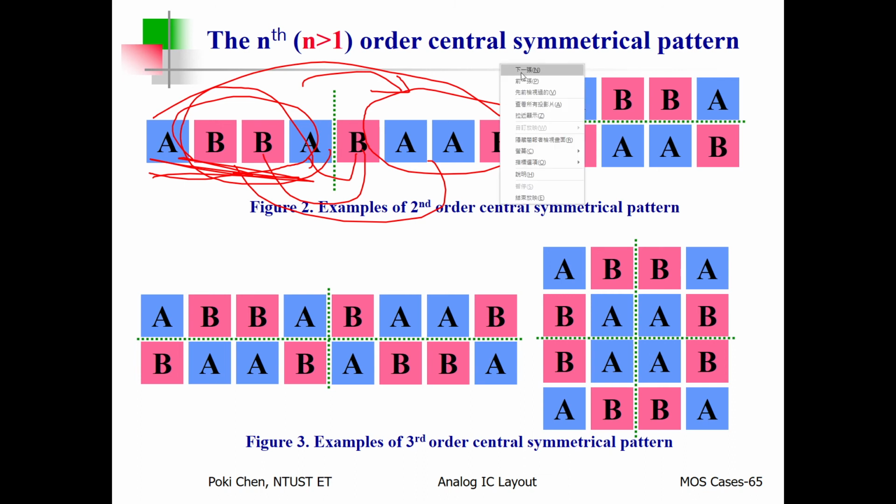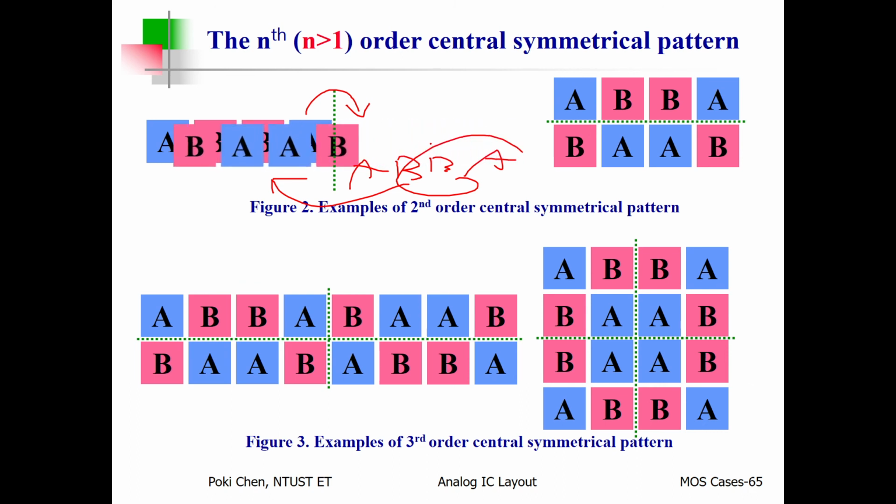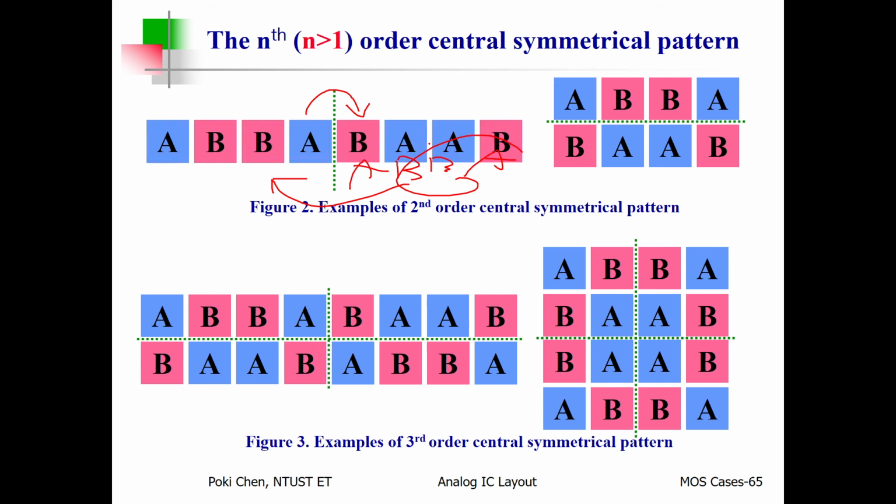Okay, if you apply symmetrical mirroring again, you will get ABBA, which is exactly the same as the original one. It doesn't make any sense. Got it? You allow me to move it back. Yeah. See? That is the newly